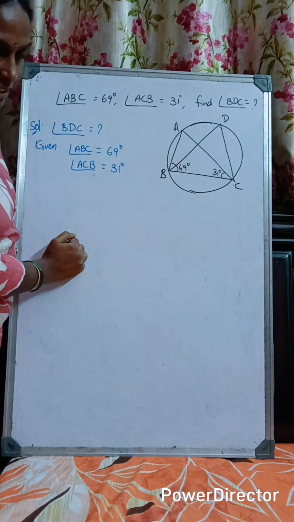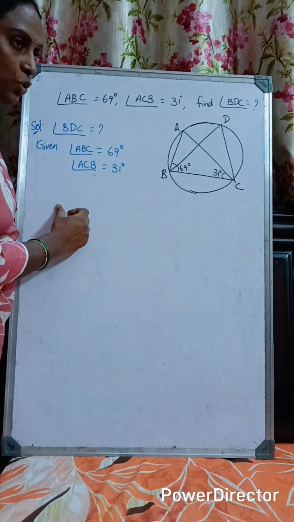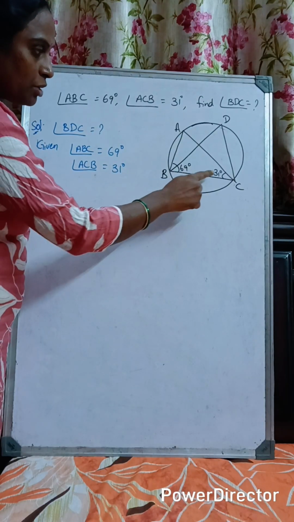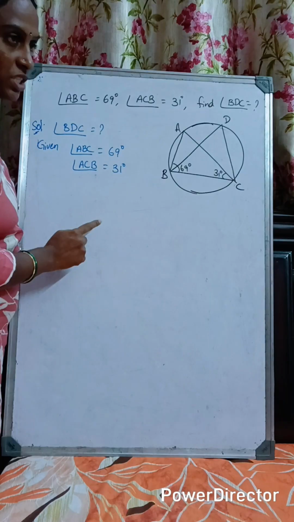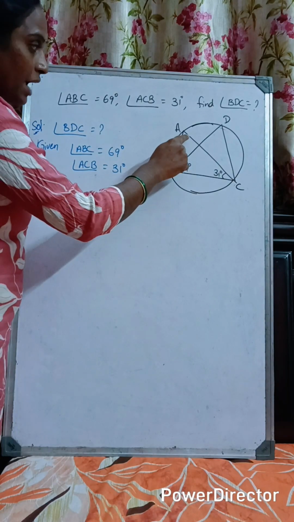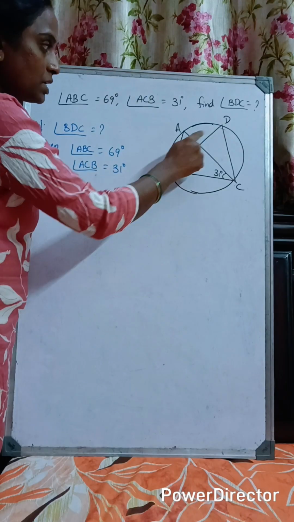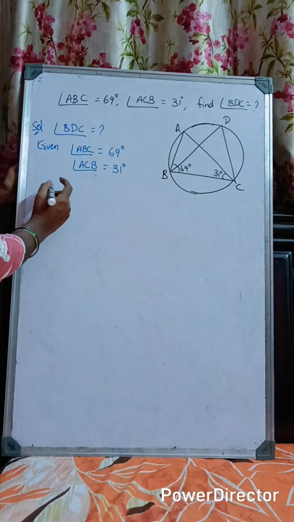ABC is a triangle, correct? If ABC is a triangle, by using the angle sum property, can we find out this angle? Yes. 69 plus 31 is how much? 100 degrees. Then angle A is how much? 80 degrees. Angle A will be equal to angle D because angles in the same segment are always equal. So, let's write triangle